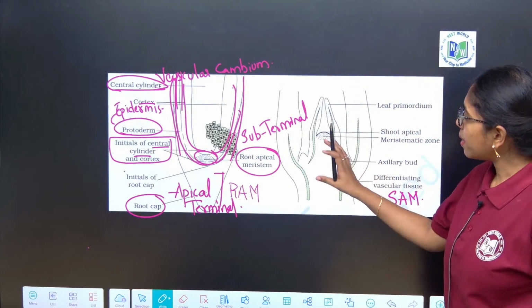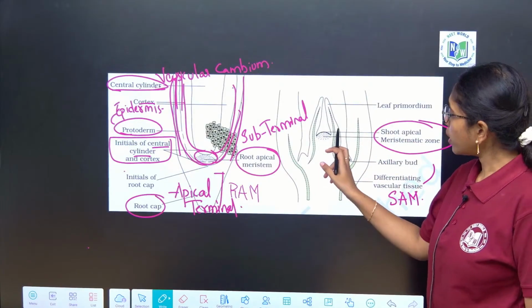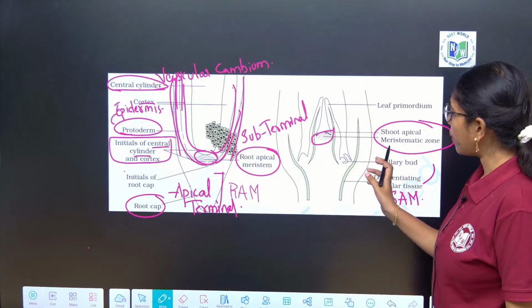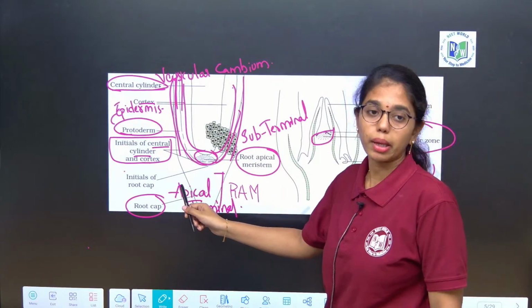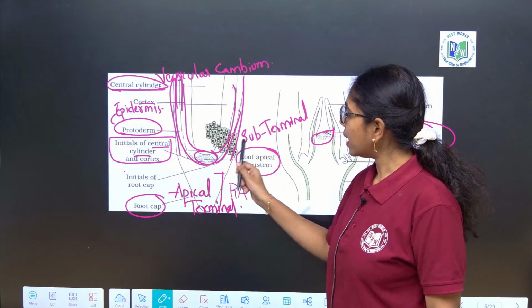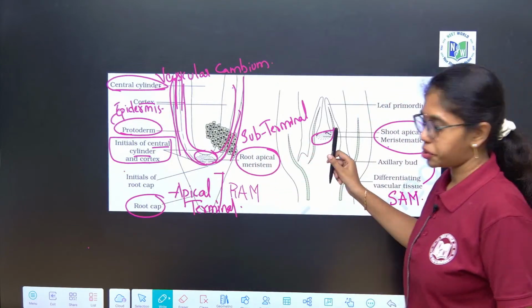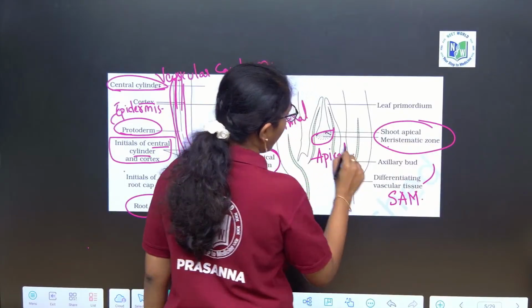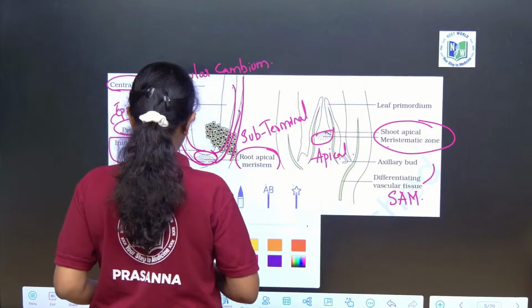Next, the same case if you identify with the shoot apical meristem. Sorry, the shoot apical meristem is present at the apical region, not like the root apical meristem. Root apical is at the subterminal or subapical region, but this is at the apical region. Okay, shoot apical meristem is at the apical region. And if you observe,